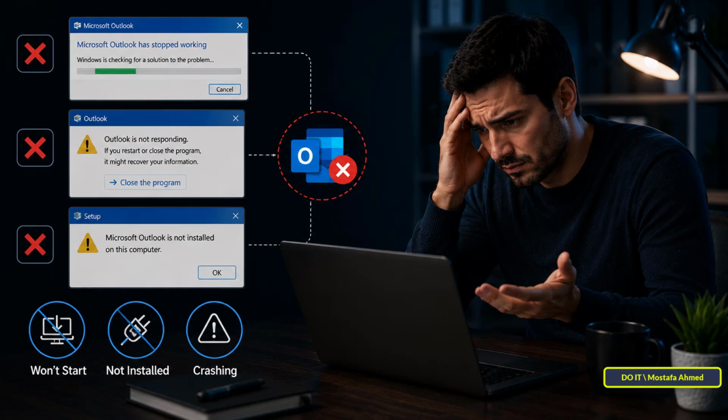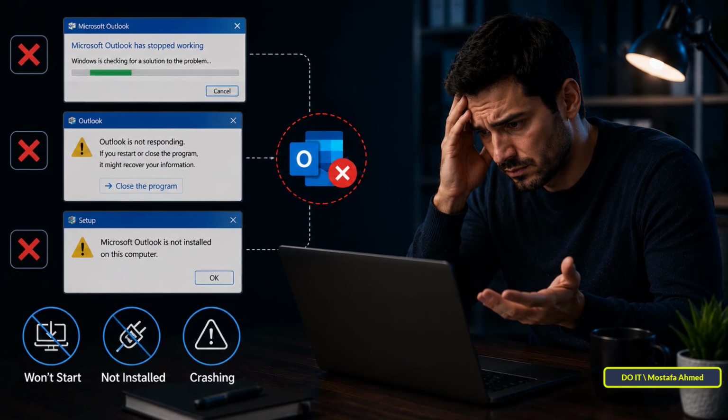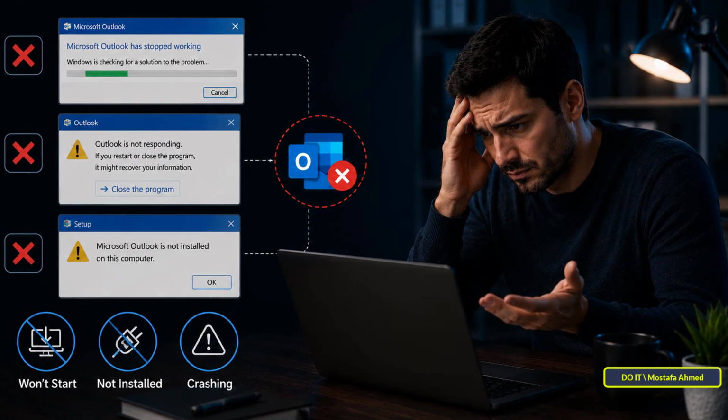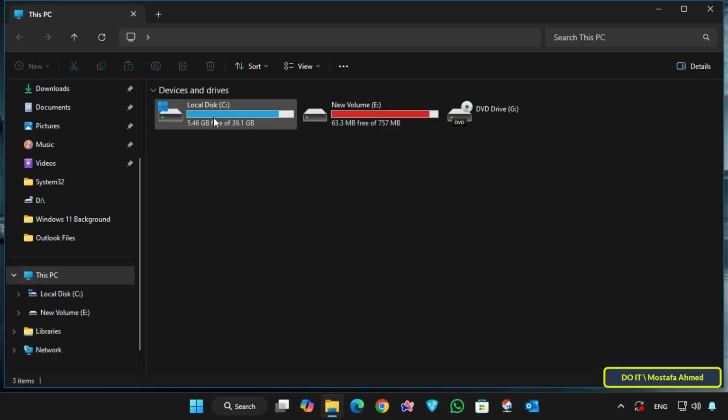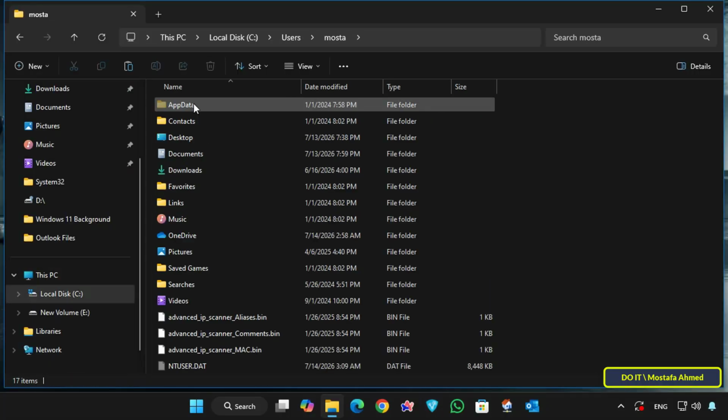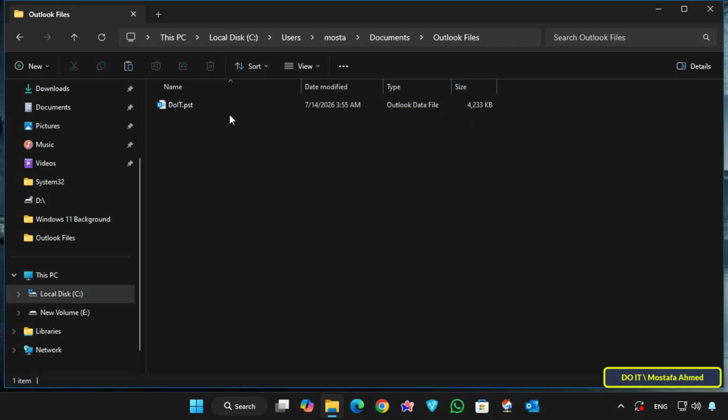What if Outlook itself is crashing, refusing to start, or maybe it is not even installed on the computer you are using right now? Well, in today's video, I am going to show you exactly how to handle this situation and repair your corrupted PST file without even needing to open Outlook at all,